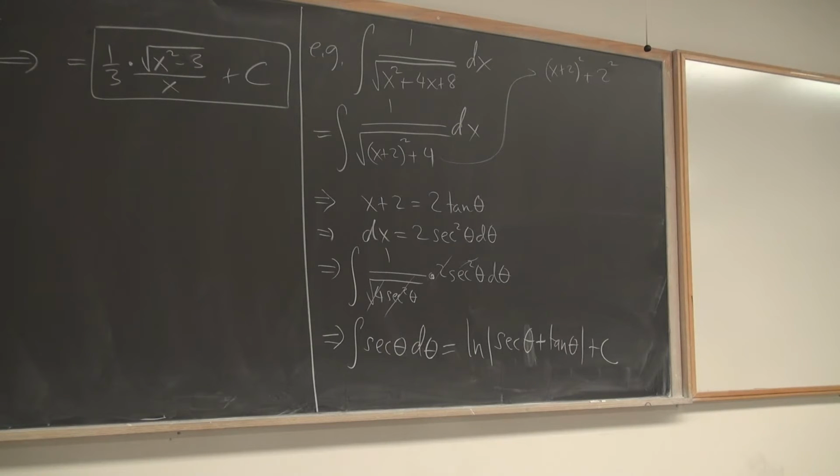So how do we figure out how to go back to x? Triangle. We know that x plus 2 is equal to 2 tangent theta, which means tan theta is equal to x plus 2 over 2, which I can think of as opposite over adjacent. And therefore I can make a triangle where this is theta. Opposite should be x plus 2, adjacent should be 2, and then this would be the radical of x squared plus 4x plus 8,